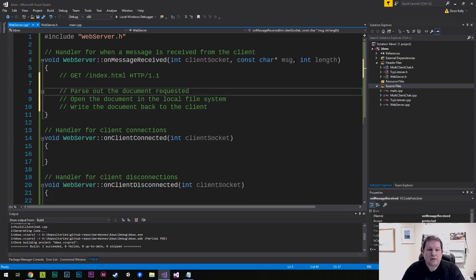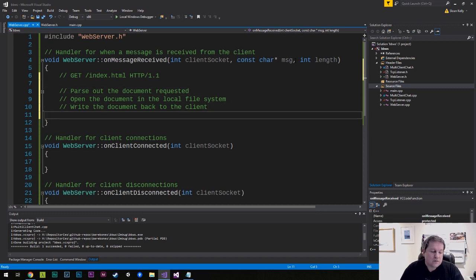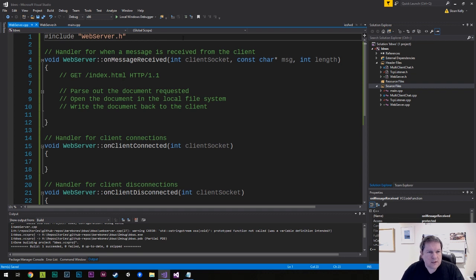But for now, all we're going to do is when we get a request in, we're going to send something back to the client. So in order to do that, I have a cheat sheet here because I need to know exactly how to write out the format of the response. And in order to do that, sorry, a bit of crinkling there. I basically need to copy some things out here. So I'm going to add